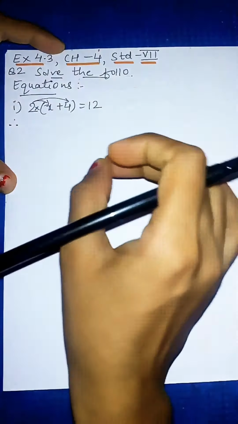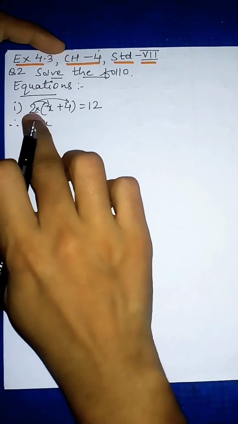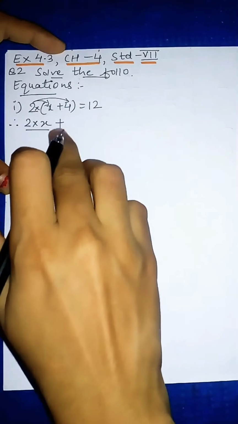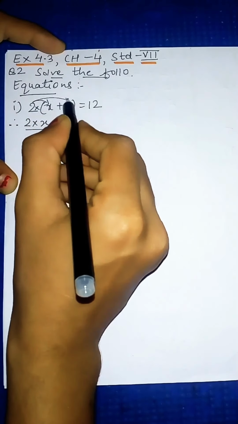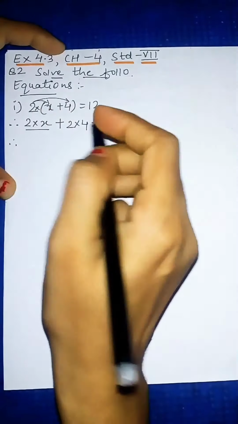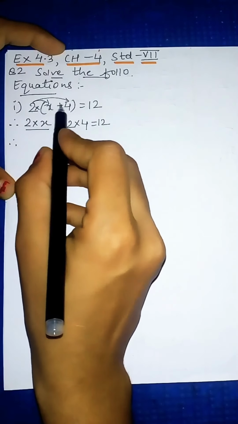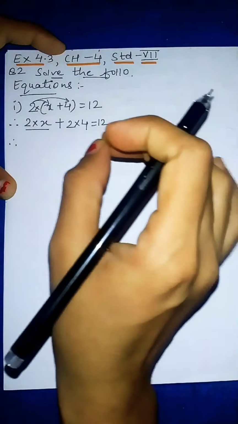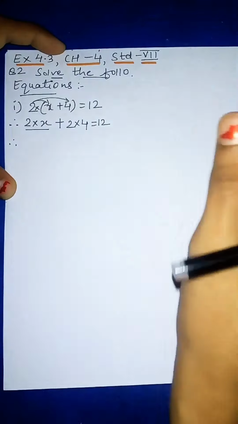First we will multiply 2 into x. So 2 into x, then the plus sign, and now we will multiply 2 into 4. So 2 into 4. Our RHS part will be as it is, 12. No change over here. Now the brackets are opened. We have taken the 2 inside and multiplied it with both. The bracket is opened: this 2 will get multiplied with both inside, and then the bracket will get removed or eliminated.